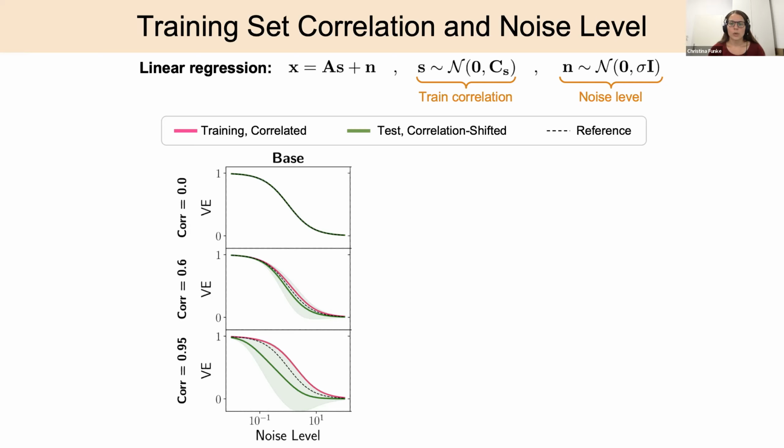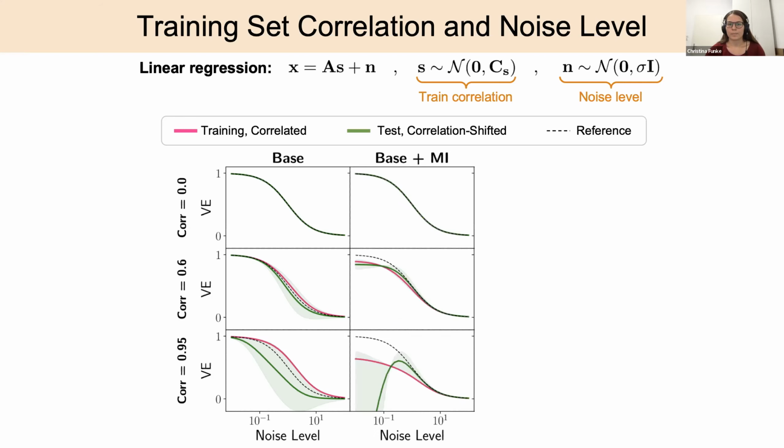In general, for all training correlation strengths, as the noise level increases, performance decreases as it's harder to predict desired attributes. In the bottom row, for strong correlations and intermediate noise levels, we find that there is a large gap in the performance between training and test data. The reason is that the model exploits the correlation structure that's present during training and thus fails when evaluated under